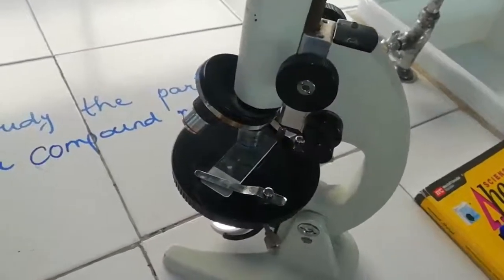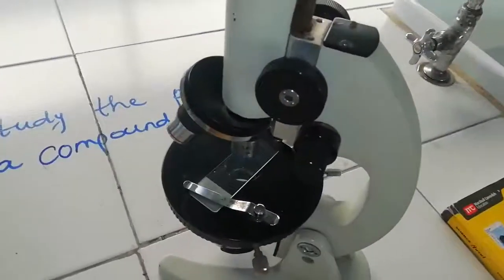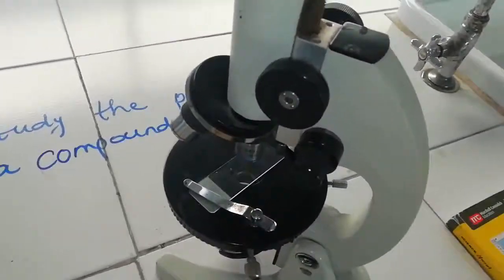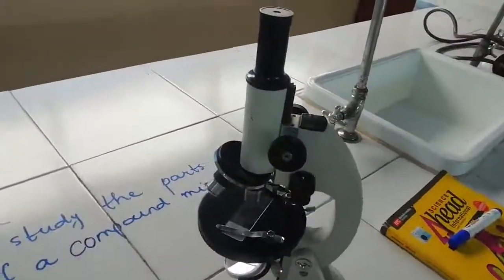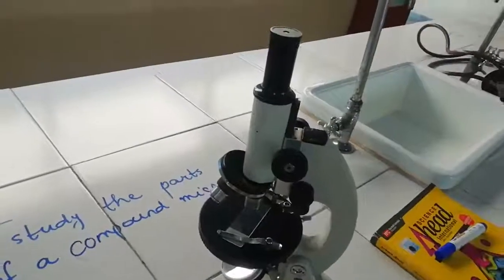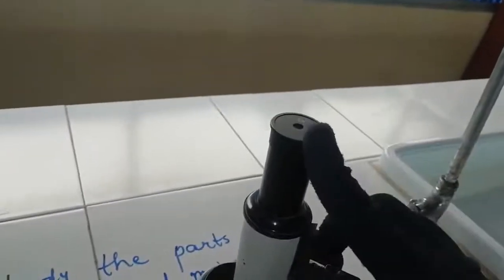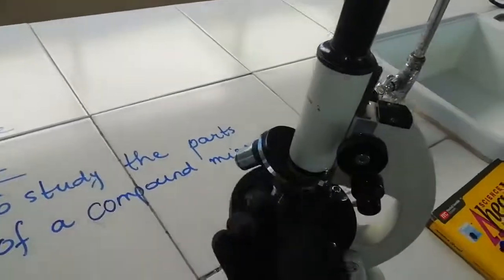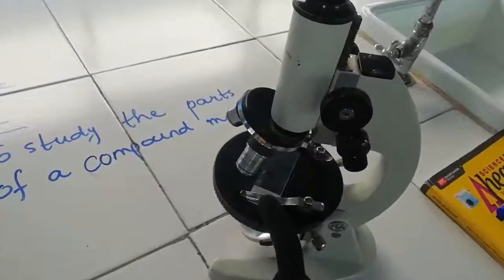So these are some of the instructions that are necessary for handling the microscope, that whenever you want to move the microscope, lift it with the arm and support it from your other hand by the base. So these are some of the parts of microscope, compound microscope. I'm repeating it again, just telling you the names so that it would be easier for you to remember. Okay, so this first part is the eyepiece. We see through it by our eyes. Okay, this is the nose piece, and these are 3 revolving objective lenses, each with different power, so that we can adjust it according to our requirement.